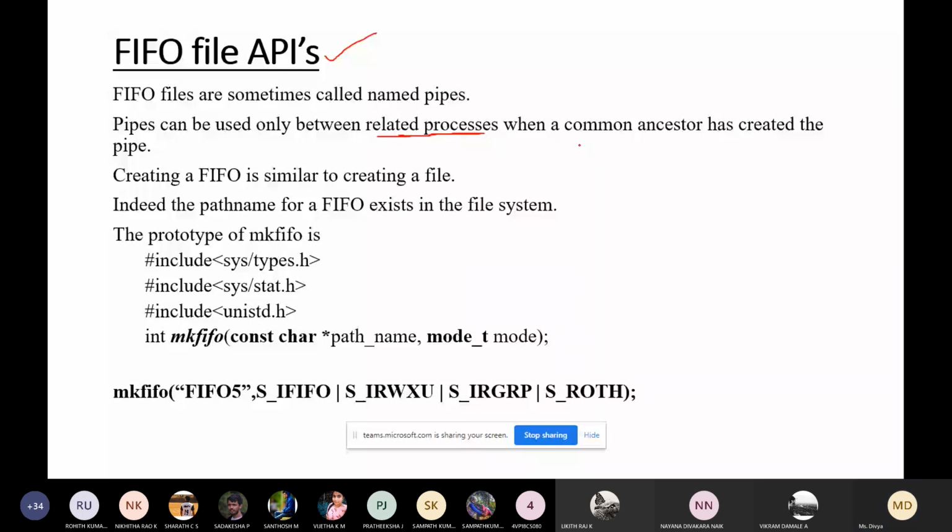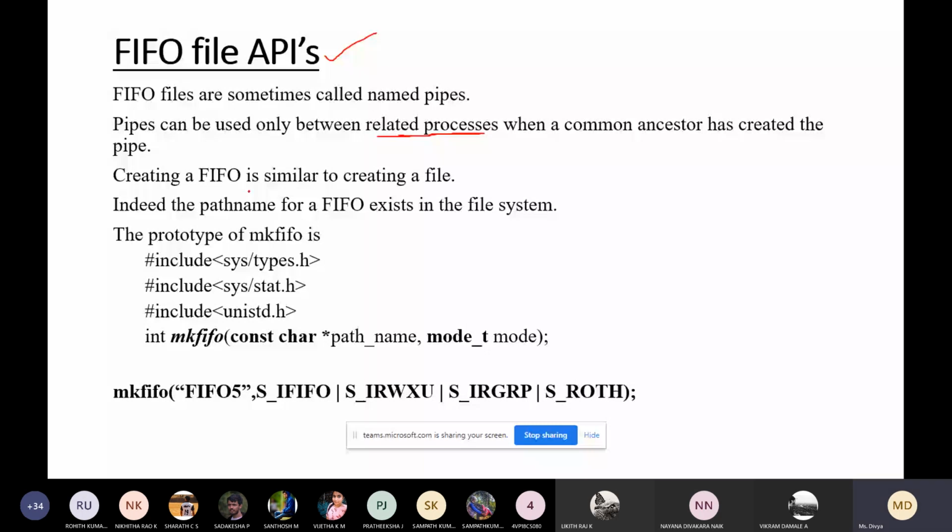This special device file, that is the pipe, is used for inter-process communication. So any process can attach to a FIFO file to read or write data.